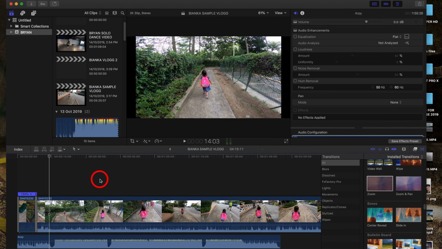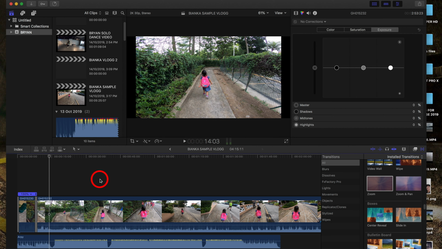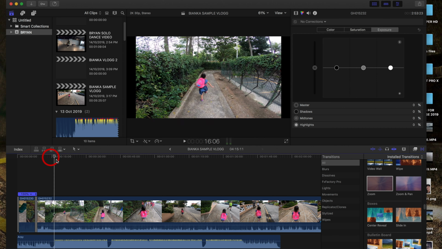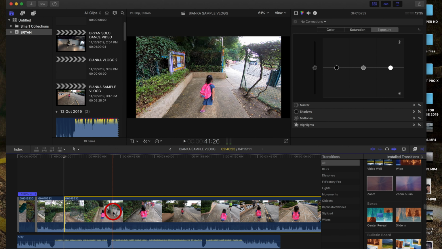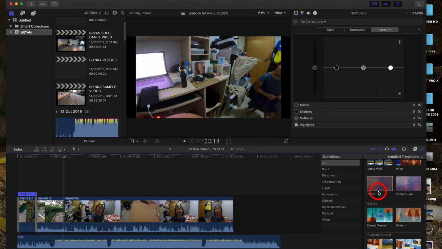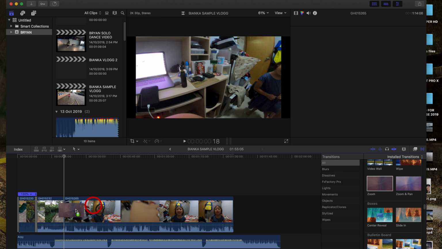Alright, for that one I don't want to remove the sound from the video because my wife is walking to my daughter, so I just leave it there. So just move a little bit here, then click the video again, then Command B again. So remove the rest of the video, then go to transition again, zoom and put it there,